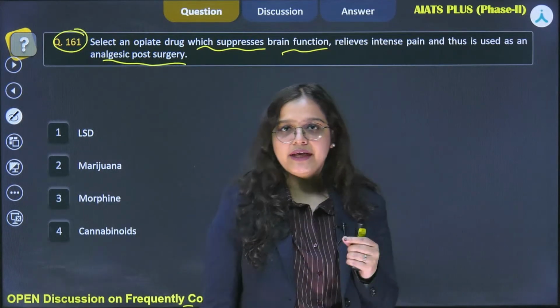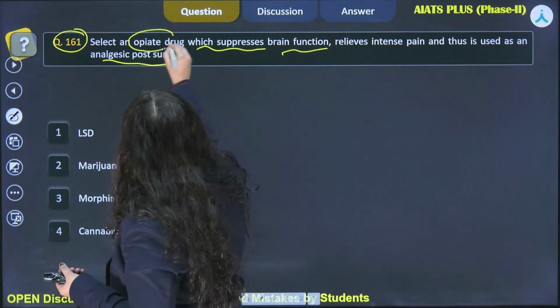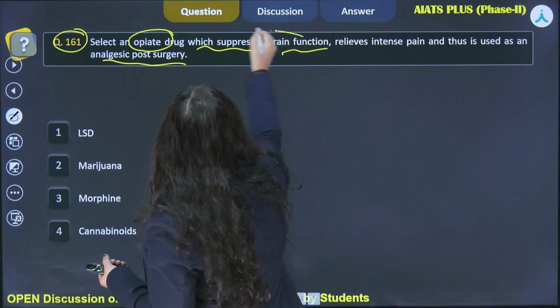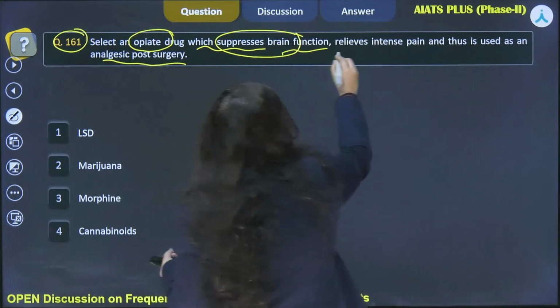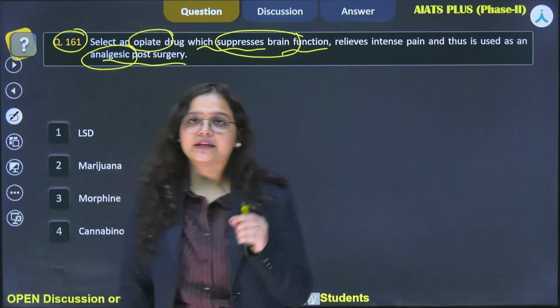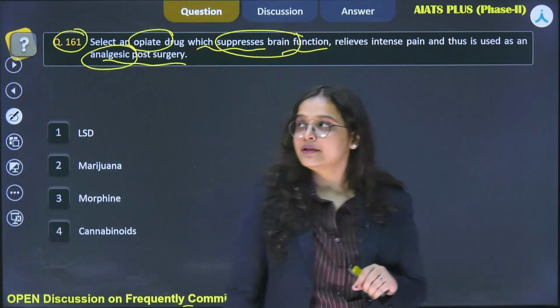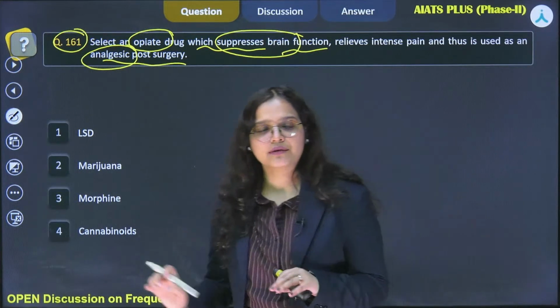So there are very heavy terms in this question. We are talking about an opiate drug which is suppressing the brain function and it is an analgesic. So there are 3 keywords which will help me find my answer,